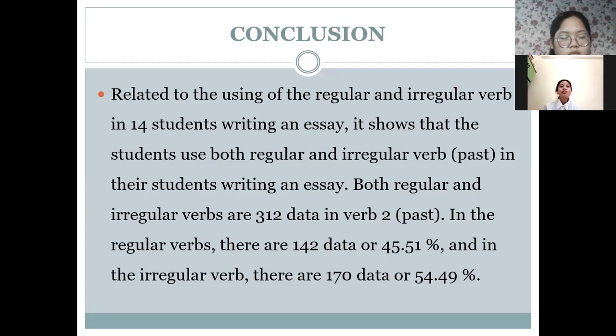In the regular verbs, there are 142 data or 45.51%. And in the irregular verbs, there are 170 data or 54.49%. It shows that the most dominant past verb written by the students in their essays is the irregular verb. So, next,